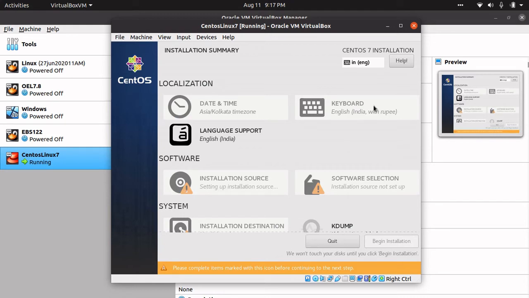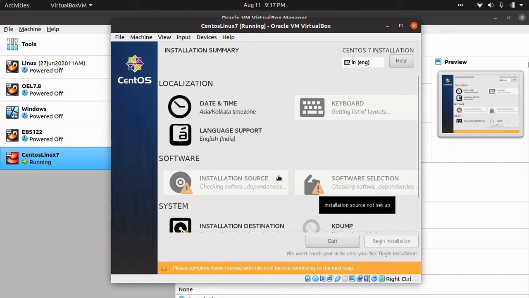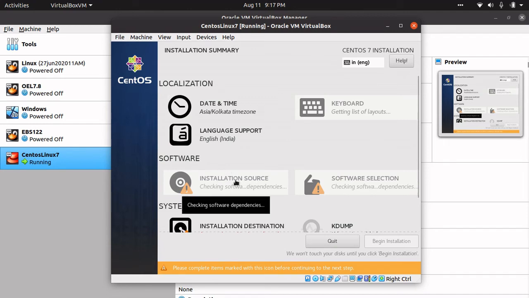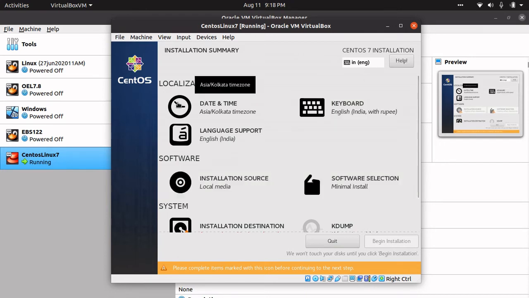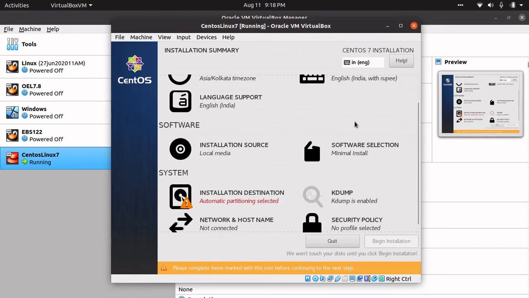By default it will detect your date and time location, the keyboard based on the region that you have selected, and then it will select the installation source. Until this is gray, that means it is doing the checks. Let it become black like this, that means the check has been successful. See, all these have become black here.